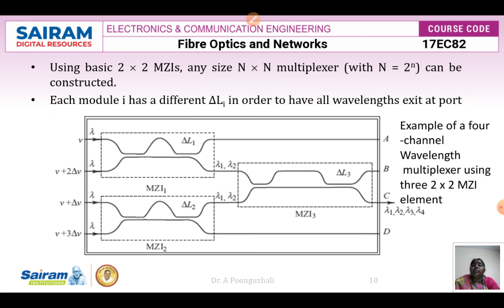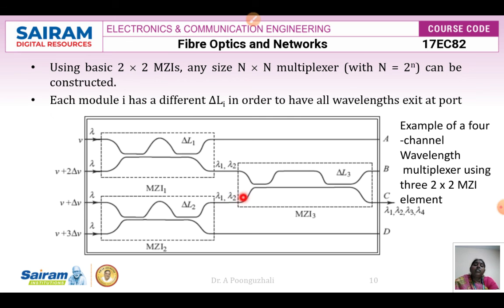And next, for the next Mach-Zehnder interferometer, I am going to have 2 wavelengths, these 2 signals, and here the signals are going to be split, where one signal is going to have a path difference of del L2, and at the output, again I am going to have the combination of these 2 signals at the next 3 dB coupler, and the output signals are one constructive and the other one destructive. So in the constructive one, it is going to be lambda 1 and lambda 3 here, and this is lambda 2 and lambda 4 here.